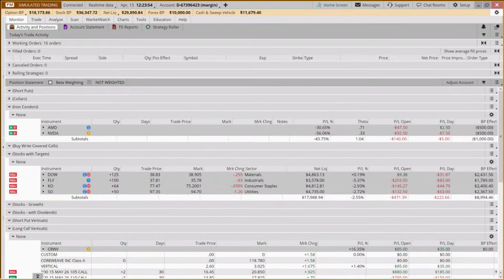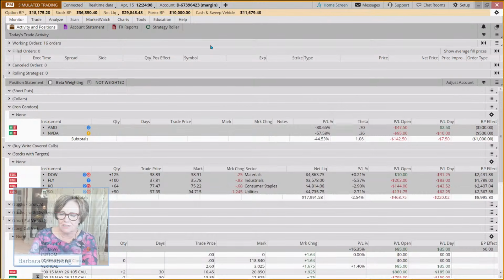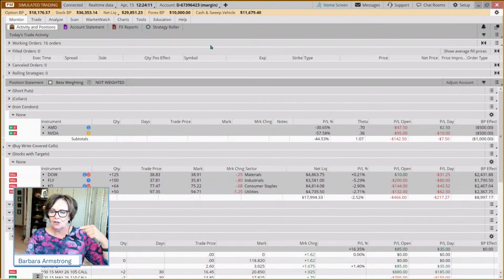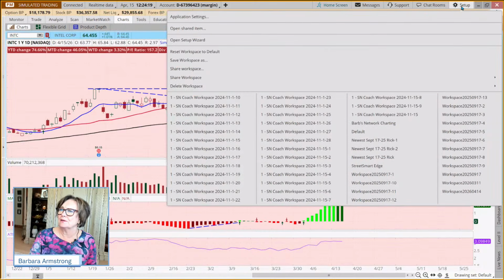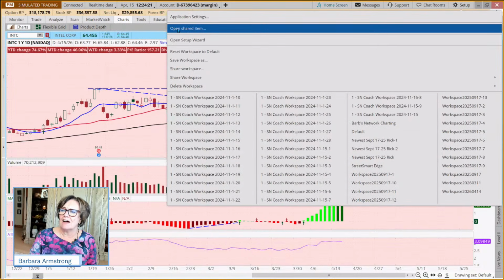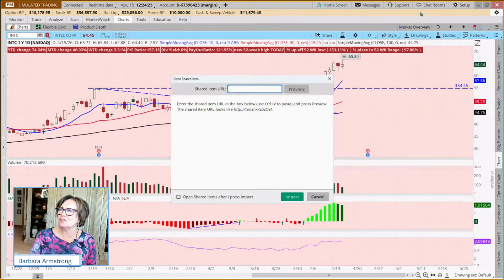Okay, so to switch from your paper money to your live account, let me see if I have another one open here. I do not, but once you're logged into one, you can go and log into a second one. And what I recommend is that you can come up here to setup, if you want to have both open so that you can toggle between them.